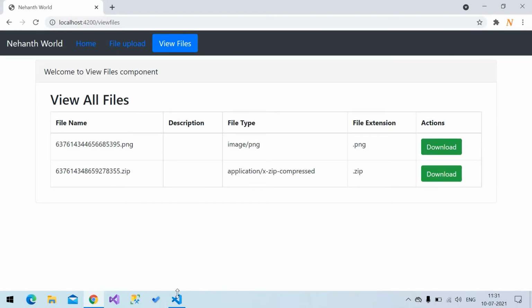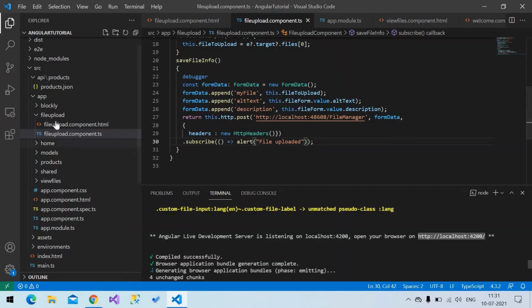Let's get into the Angular code. This is the file upload component, this is the home component, and this one is the view files component. Let's look into the file upload, as the home component doesn't have much.